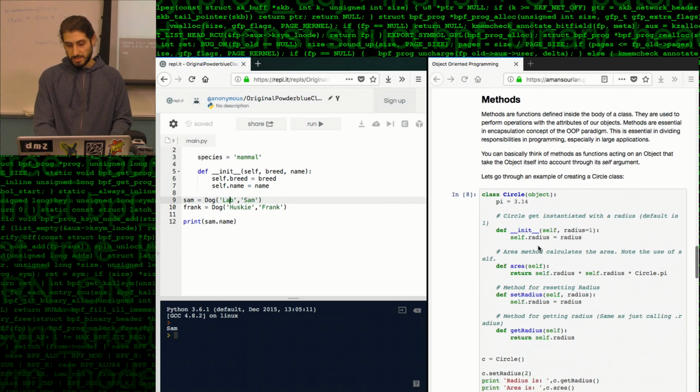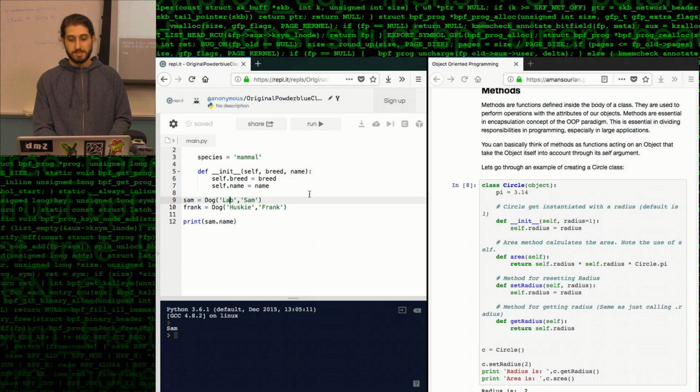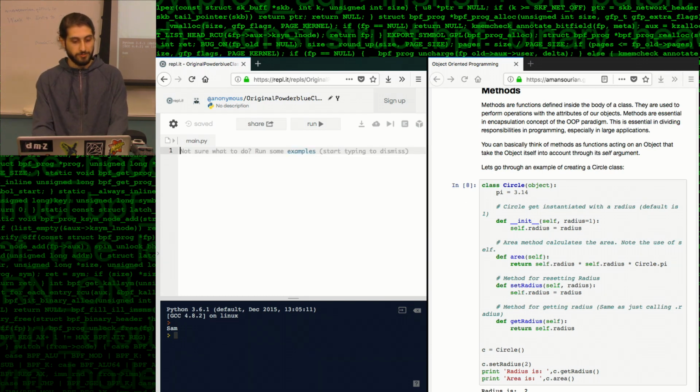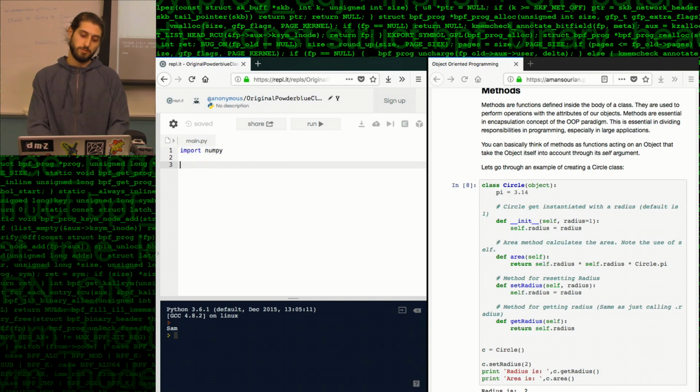So over here is a nice example. We have a class circle, and I'm going to do things a little bit differently than how this example is done. I'm going to import the module NumPy because it has a lot of pretty useful mathematical features, including a more accurate value of pi than 3.14. Also, another easy way to get a more accurate value for pi,